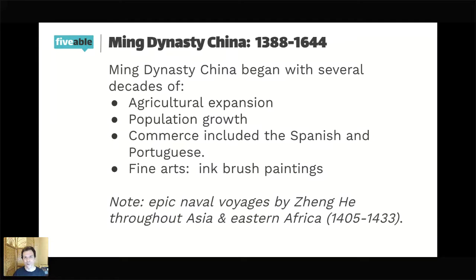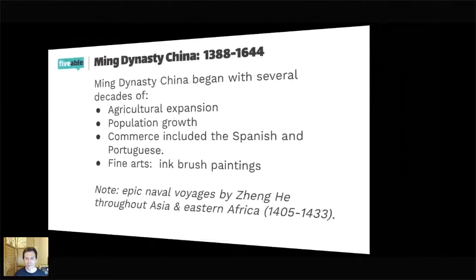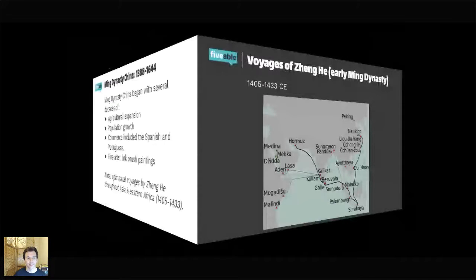Now, before we go any further, with the Ming dynasty at its height, you have to note the epic naval voyages of Zheng. Oh my goodness, he could have radically reshaped the world as we know it if his voyages had continued past Asia and Eastern Africa. These voyages are going to be a series of voyages from 1405 to 1433. Let me put a map up and let you take a look at the voyages of Zheng in the early